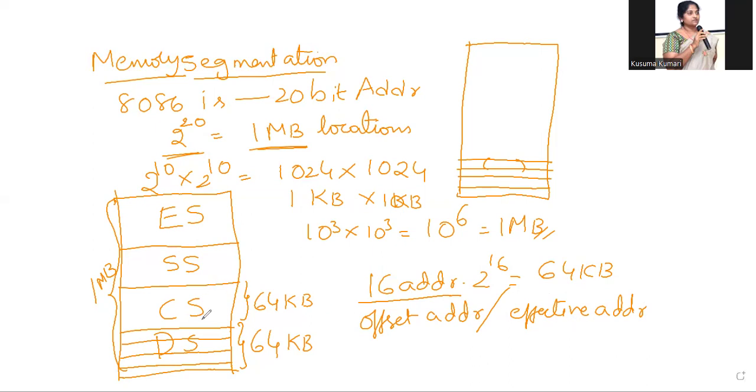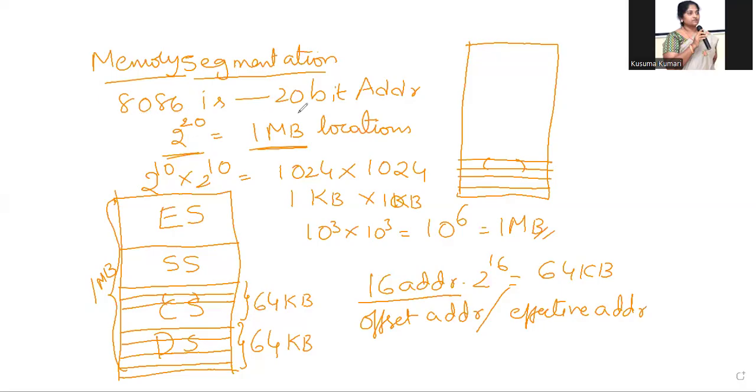Similarly, the code segment is also 64 kilobytes, and the memory location in each segment can store 8 bits of data. It is identified by address lines, which is either the offset or also called the effective address. But